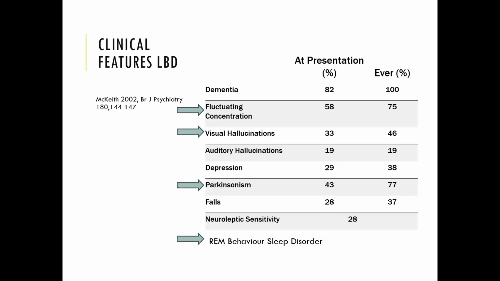So just so that you look at the core features where the arrows are pointing, this is actually one of the older articles, so this is out of date in terms of how often we think people present with these features. But the fluctuating concentration, the visual hallucinations, Parkinsonism, and REM sleep behavior disorder are the core symptoms. One of the ways that you can meet the criteria for Lewy body dementia is to have two of these signs